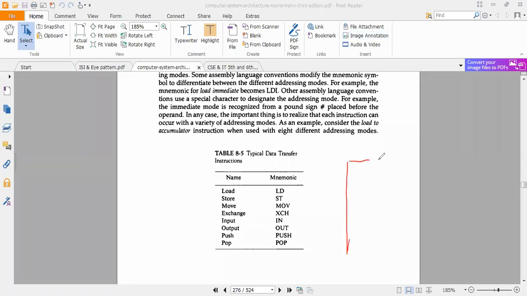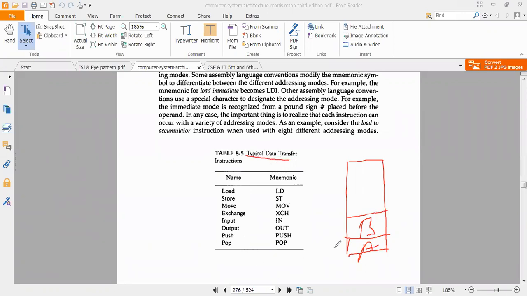So this is the stack. You have written push A, so the data must be stored here. Push B, so data must be here. These may be addresses, but an address is also one kind of data because it is numerical. It may physically represent an address, and it is not the operand, but it may still be termed as data. So data transfer instruction.